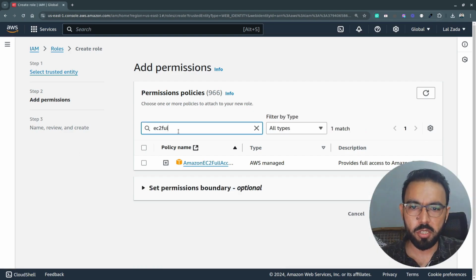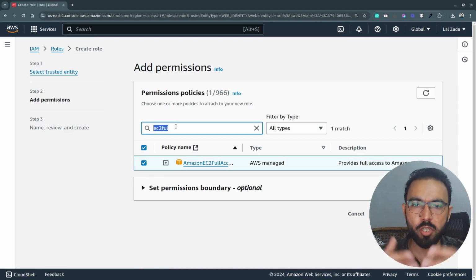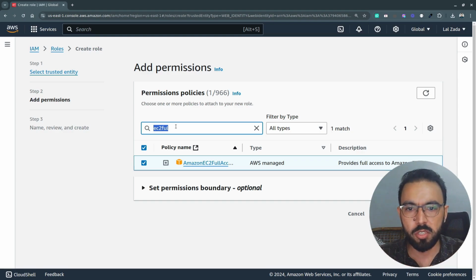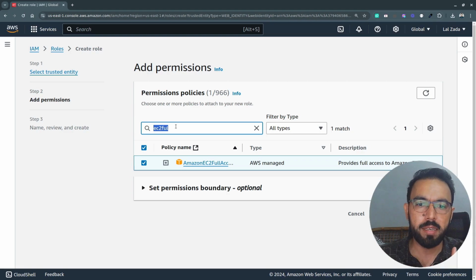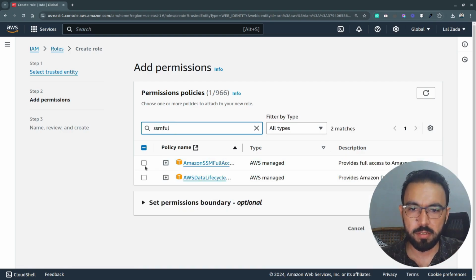Here I'll type EC2 full access, and if you need to assign some granular level access to your GitLab CI in production, then you are recommended to maybe create a separate policy based on a JSON, or you can select a customized permissions from here and update it. And as you know that since we are not managing SSH keys manually, but instead GitLab CI will be getting access to EC2 instance through the SSM agent, we also need to assign SSM full agent access to this role